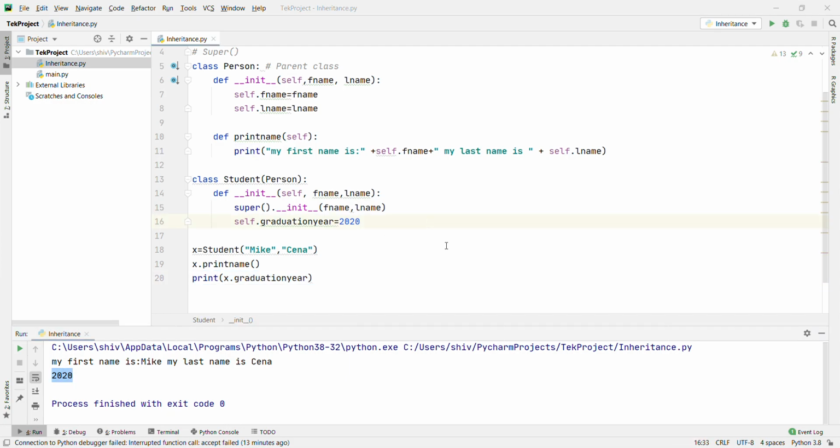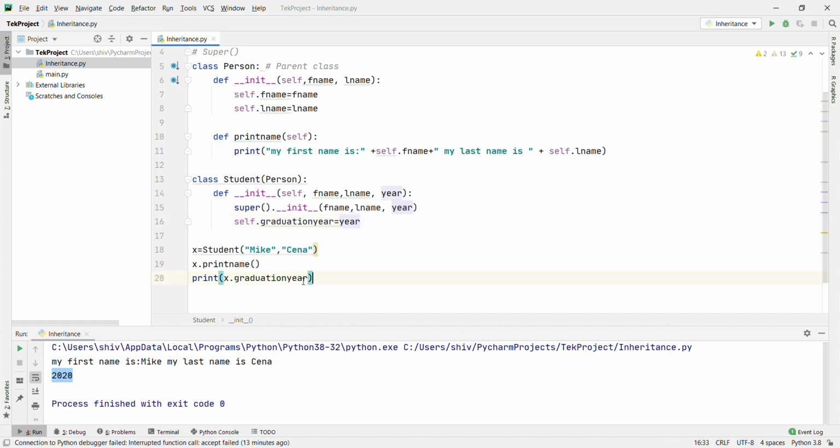In this example, the year 2020 should be a variable also, right? Then what do we have to do? We have to pass one more variable here, year. Okay, we are going to pass one more year here, and instead of 2020, we have to use year.